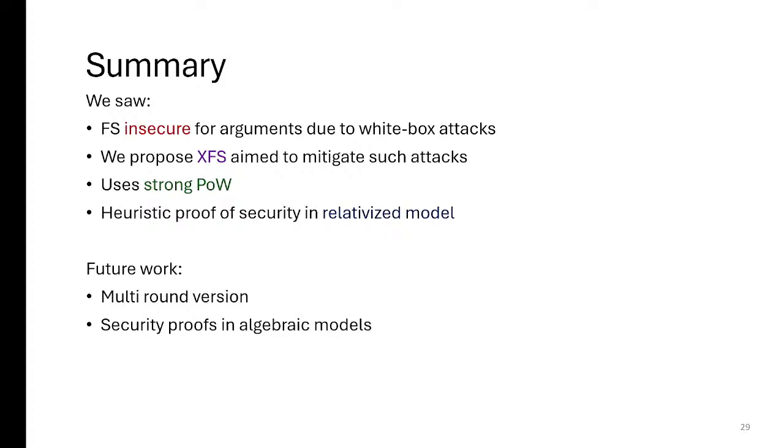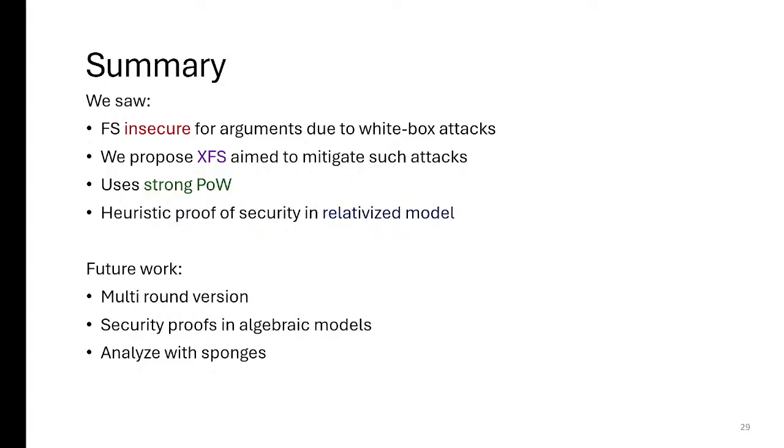We might want to talk about security proofs in some algebraic models. There are relativized models in which the oracle is not just the standard random oracle, in which succinct proofs do exist, and potentially attacks can be launched on regular Fiat-Shamir in those models, and maybe XFS would be secure in those models. I would conjecture that there is some way to do this, but I'm not sure. It would be interesting future work.